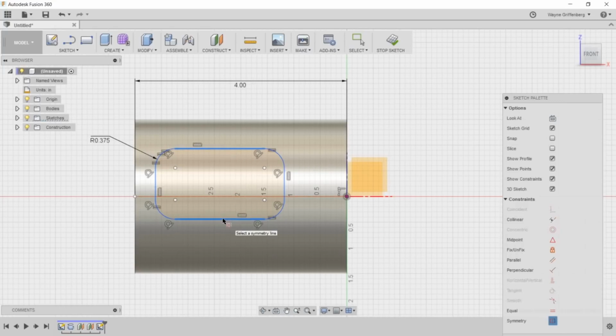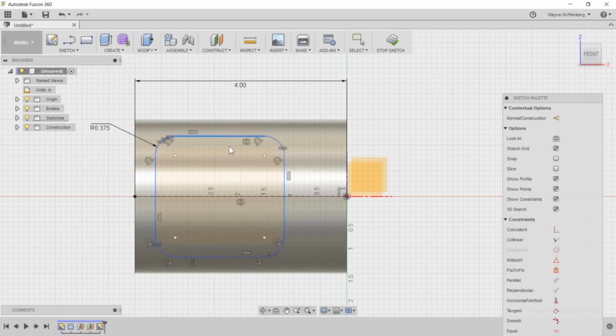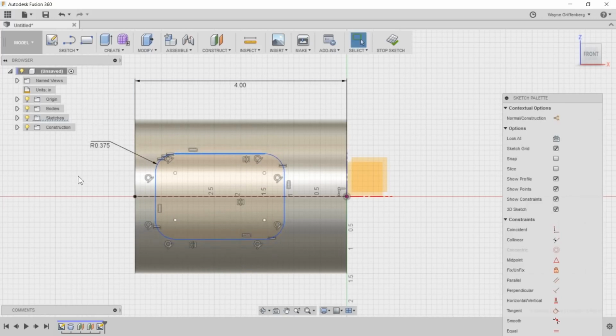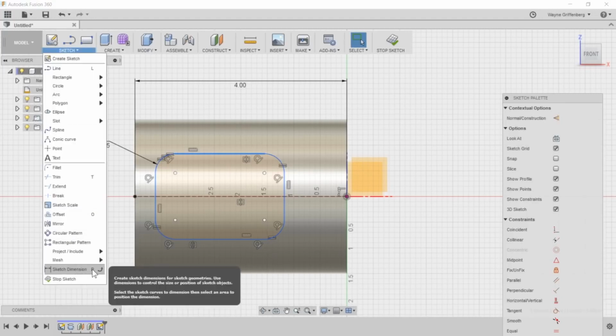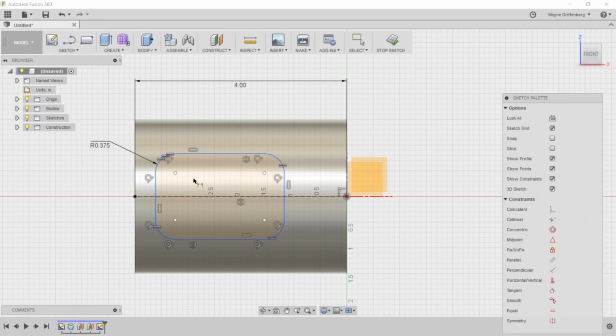The 2 lines that I want to be symmetric about that center line, and now it made them symmetric. I'm going to hit escape, and now if I drag it, you see it'll be symmetric about that center line. Now let's add some dimensions to define the box. So I'm going to hit D for dimension, or you can go down here and hit sketch dimension D. So I'm going to hit D, dimension from here to here. I can also dimension to the center line as well, but I'm going to dimension the overall width of the box, of the pocket. And that's going to be 2 inches